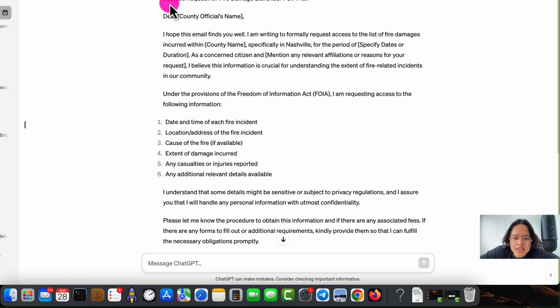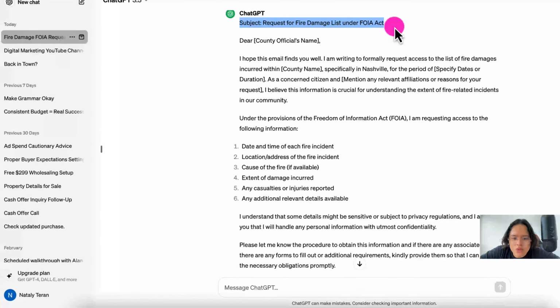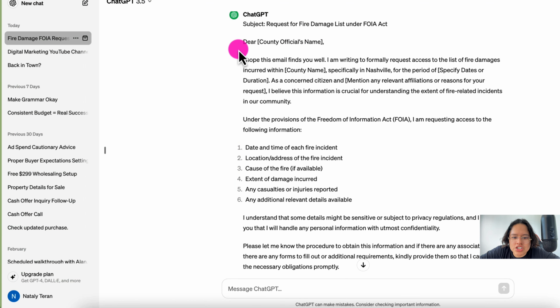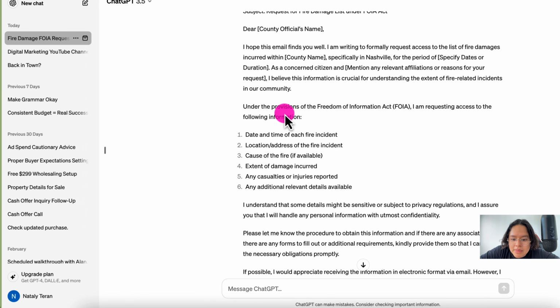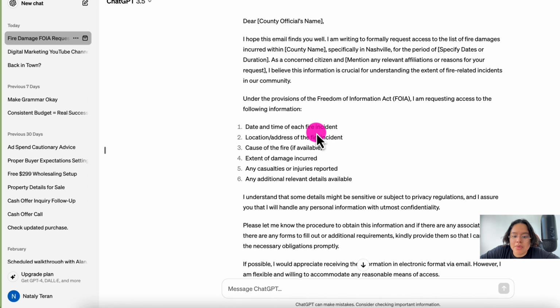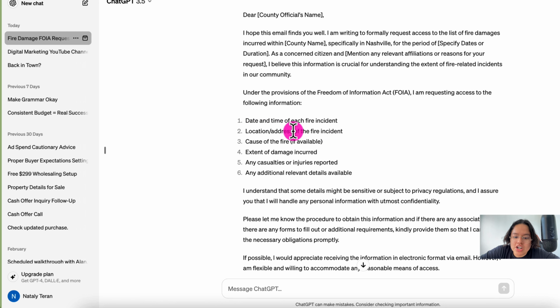It is the email. Subject, request for damage list under the FOIA Act. Dear county officer's name, I hope this email finds you well. I'm requesting access to the list of fire damage occurred within county name, specifically in Nashville for the period of. As a concerned citizen, I believe this information is crucial for understanding the extent of fire-related incidents in our community. Under the provisions of the Freedom of Information Act, FOIA, I'm requesting access to the following information: date and time of each fire incident, location and address of the fire incident, cause of the fire,